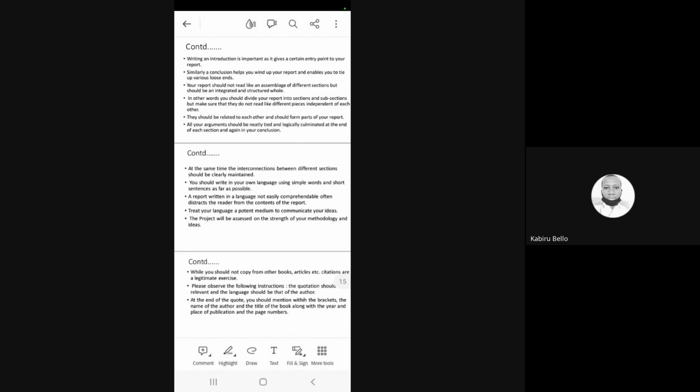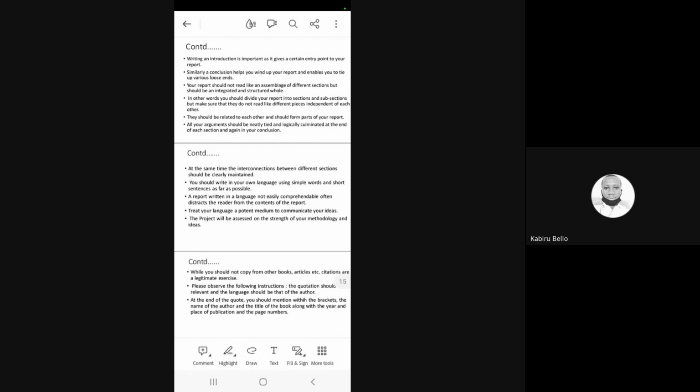And wherever you have made any arguments, all your arguments should be neatly tied and logically culminated at the end of each section and again in your conclusion. This is very important.